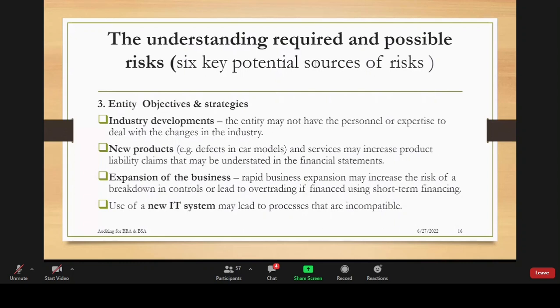When a business introduces new products, the chances of these products not performing to the expectation of the clients are very high, and this leads to liabilities of warranties and guarantees. I don't know whether you've seen, I don't think it works here because here most of us drive second-hand cars.